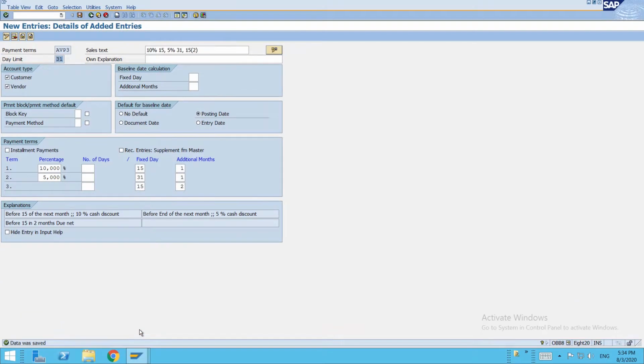So we have seen various scenarios and various variants of the payment terms. We first saw a simple example wherein we have just one payment term with one cash discount. Later on, we observed how the system behaves if there are multiple payment terms with multiple discounts. We saw how we can define a fixed date for the baseline date as well as a fixed date for the term dates. And we also saw what the block key and the payment method do, and how we can define the baseline date by using these options. And we also saw how we need to use the day limit and what are the various conditions to be kept in mind while we are defining the